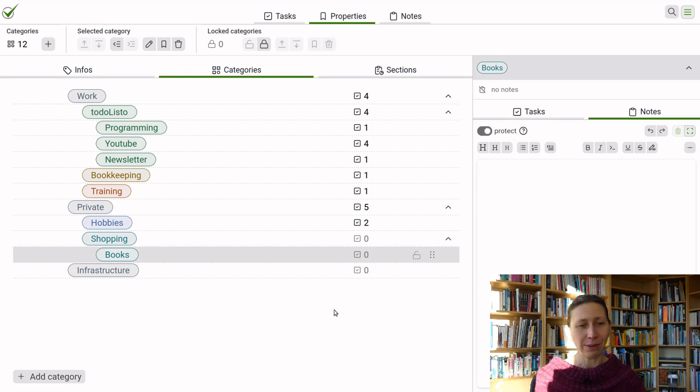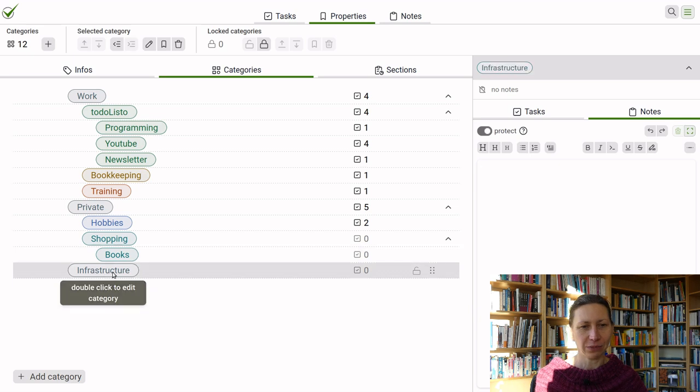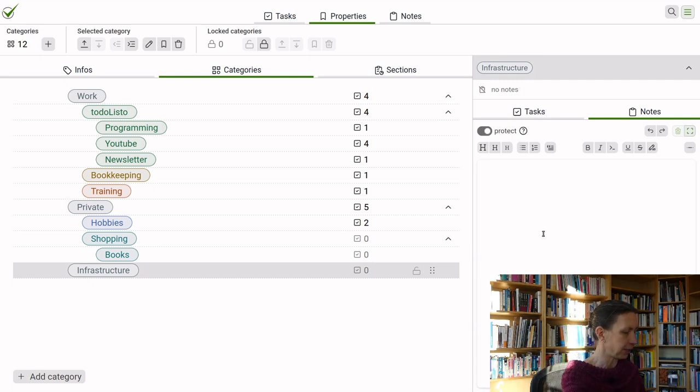And another thing where I like to use that nowadays is for infrastructure things. I do that on my private computer, but also on my work computer. Often doing the same things, and I want to look things up. So for example, for infrastructure, I might have something about Linux. I'm using Linux, and maybe I need some notes about the updates I'm doing every week.